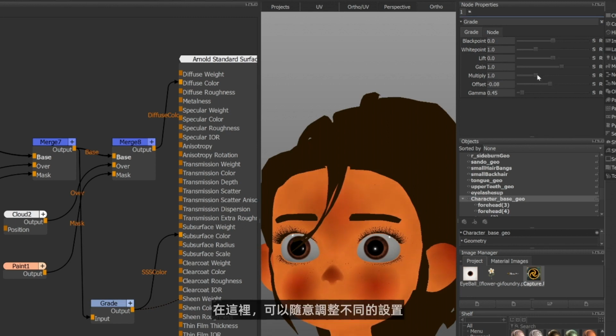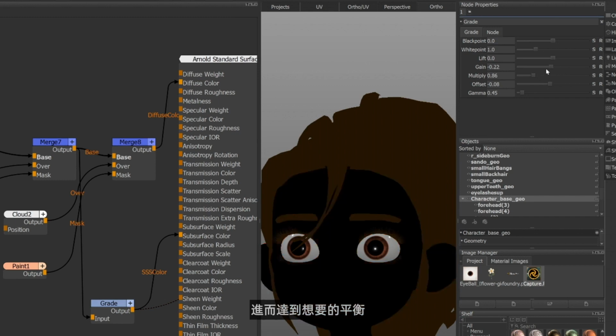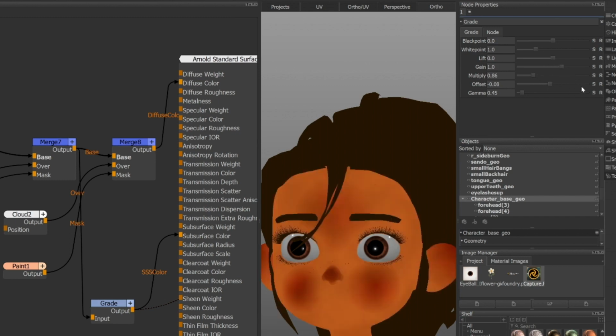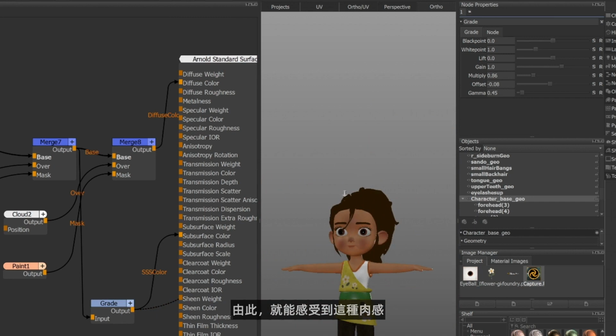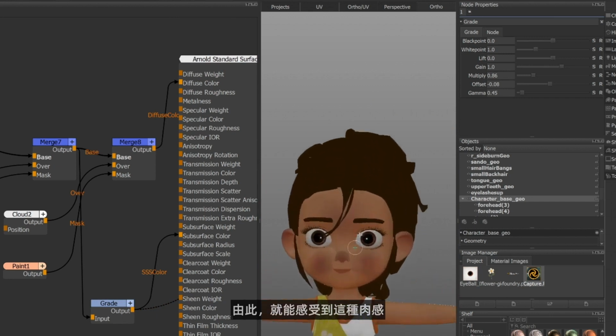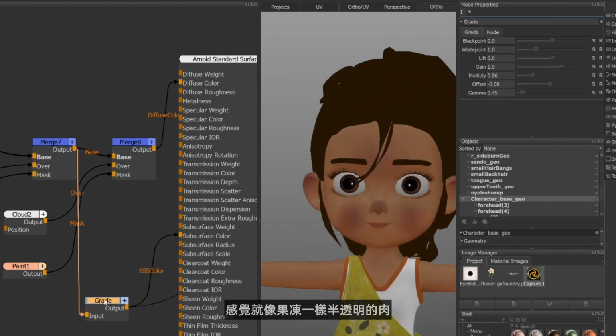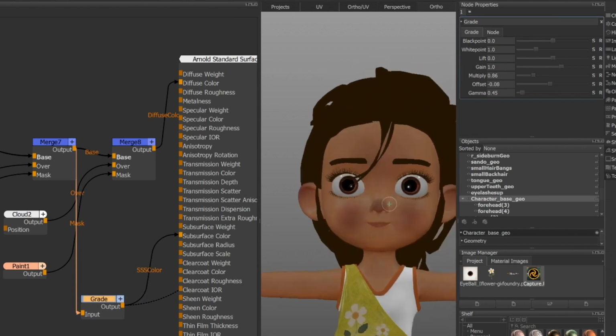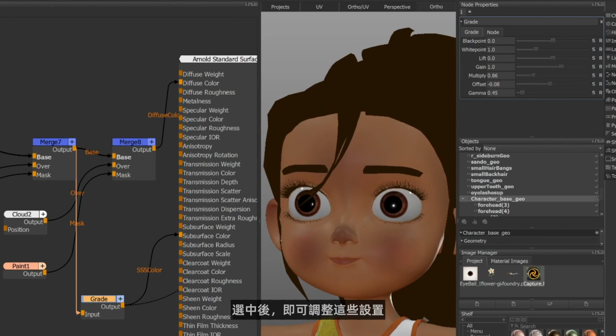And here you can fiddle around with these various settings to get the kind of balance that you want. But what we're aiming for is a fleshy, darker version of our skin. So we get this fleshy feel coming through, so it feels more translucent, like jelly, like flesh. So with it selected, I'm just going to play with some of these settings until I'm